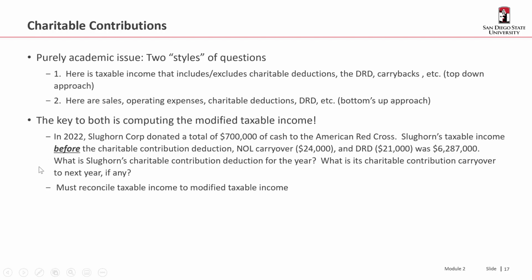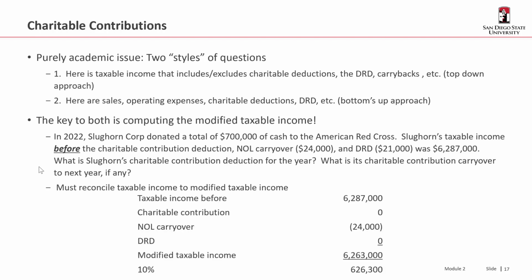Okay, so in 2022, and I picked 22 because I want to get back to the 10% limitation, Slughorn Corp donates $700,000 cash to the Red Cross. Its taxable income before the charitable contribution deduction, before NOL carryover, and before the DRD was $6,287,000. So what is Slughorn's charitable contribution deduction for the year, and what's its carryover? And so this is a classic must-reconcile income, right? So we start with taxable income, and we need to reconcile that to what modified taxable income is supposed to be. So start with the taxable income,